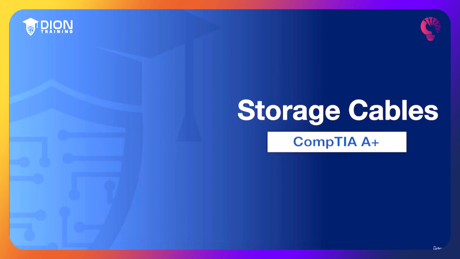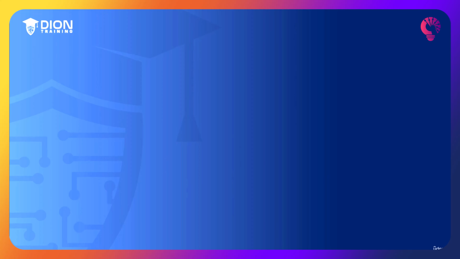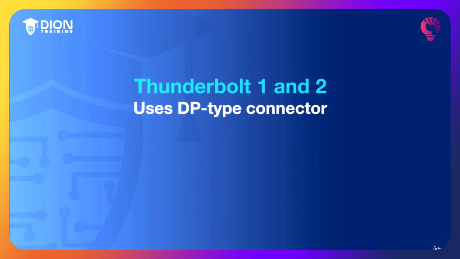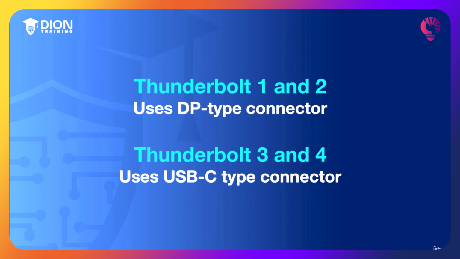In this lesson, we're going to talk about storage cables that are used for data transfer. Now, the first one we're going to talk about is actually the last one we talked about in our video cables lesson, and that's Thunderbolt. Thunderbolt comes in 4 different versions. Versions 1 and 2 use a DisplayPort type of connector, whereas versions 3 and 4 both use a USB-C type